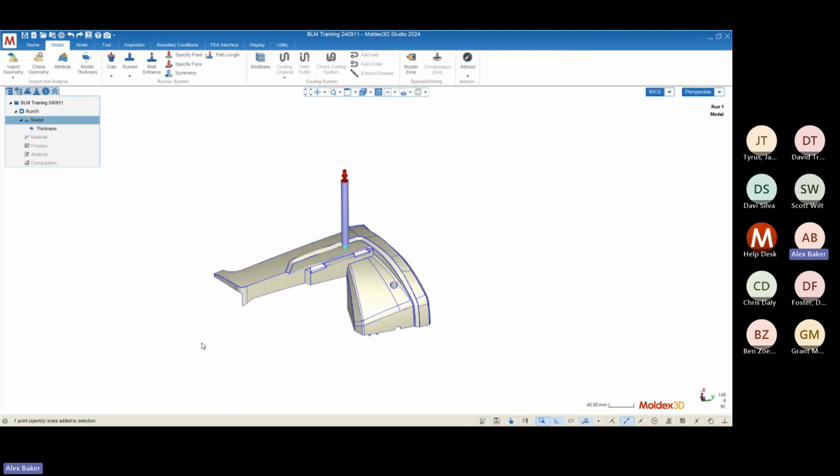However, if we want to run the warpage analysis, if we want to actually see how this part is going to behave after it's ejected from the mold and how the dimensional stability is going to look of this geometry, we very highly recommend you to create some sort of cooling system. And now, if you're a little bit upstream in the design process, you might not have the mold design created yet,